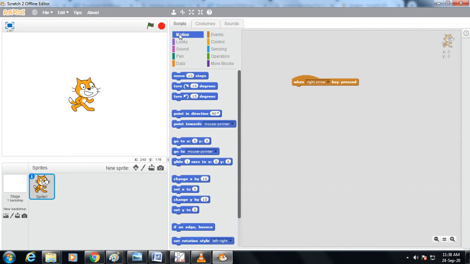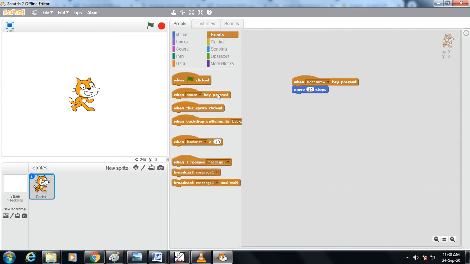So just in the motion option, use this first command, move 10 steps, and attach this command over here. This means when you press your right arrow key, your character will move 10 steps to the right side. Once again, in events, we will choose this option.